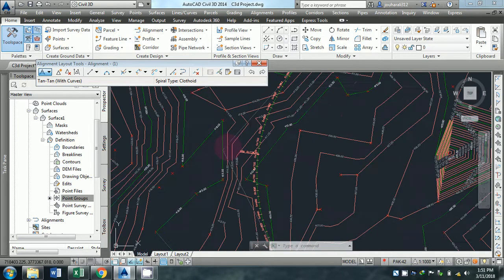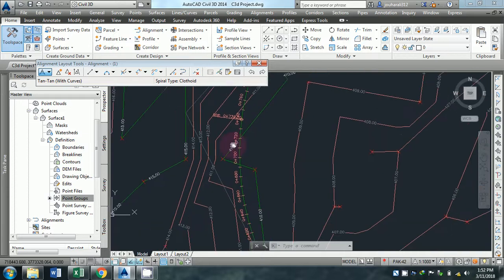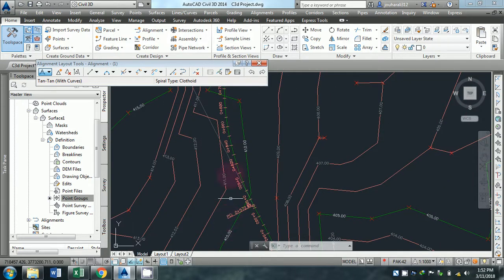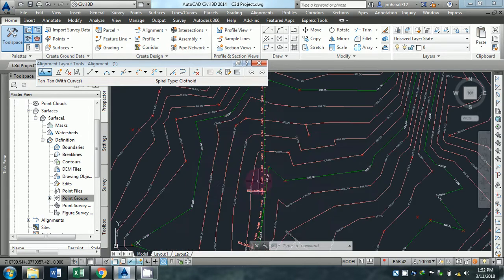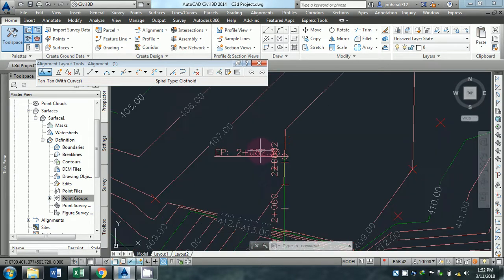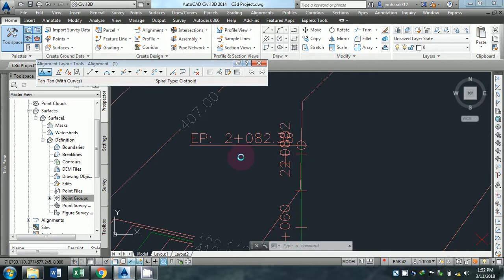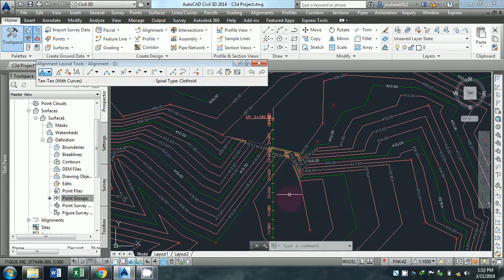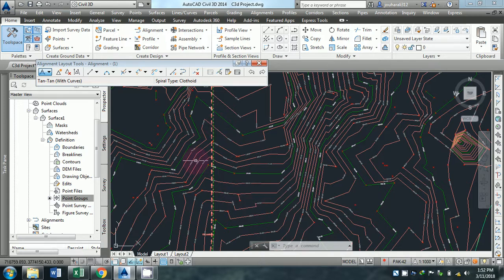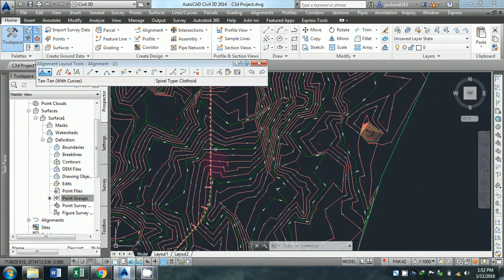So here already you can see the point of PI station up to the end RD. So the end RD is 2 plus. So we can just change also